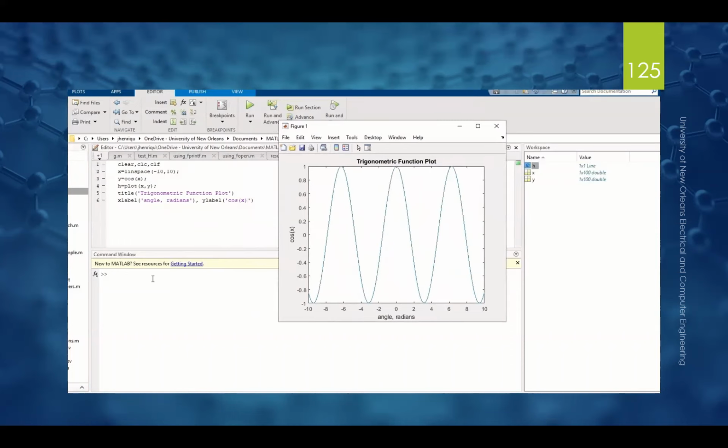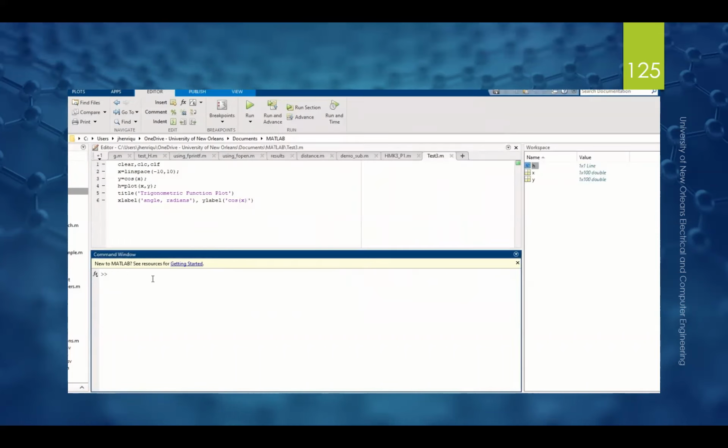One of the nice things about this dot notation is that I gave the plot a handle named H. So if I type H dot and then tab, it shows me all the options that I have, and I don't have to retype any of it. So for example, if I want to change the color, I just double click on the color and assign a color to it. If I want to do green,